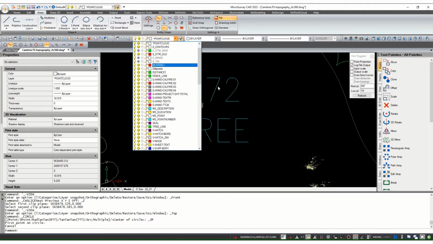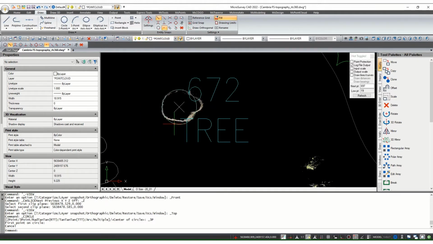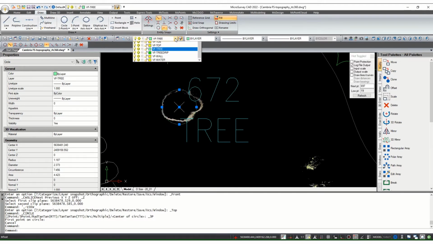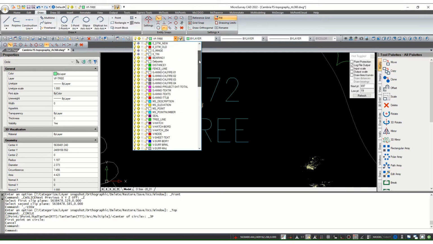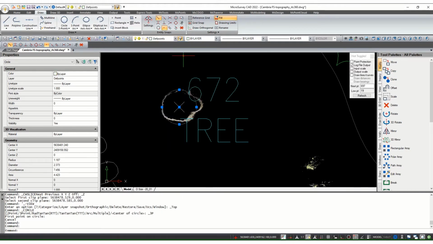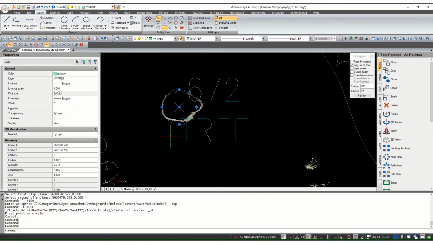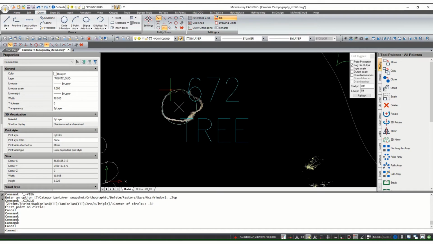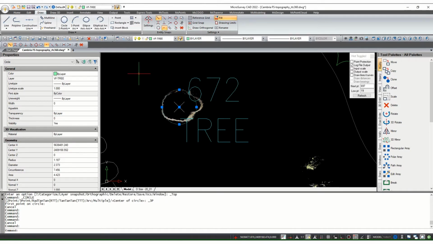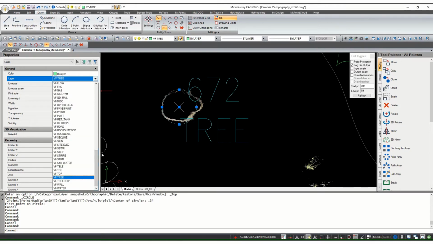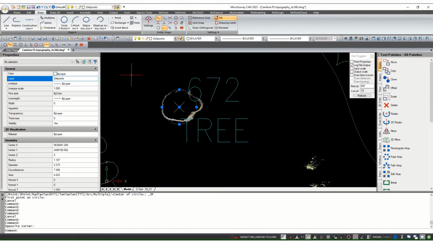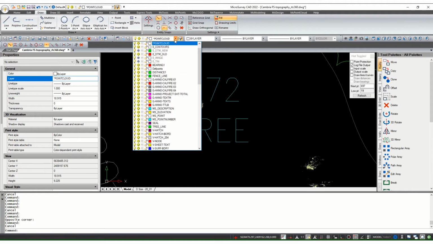I've already kind of sketched that out, but I'm just going to throw that on the depth points layer, and then I'm going to go to the tree layer. Let's put that on the depth points layer. Try that again. Depth points. All right, and now my active layer right now is point cloud, but I'm going to go change that